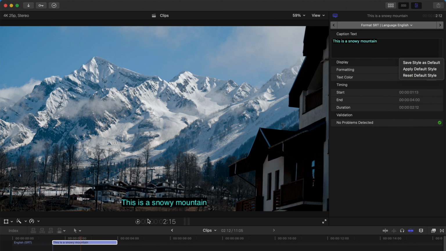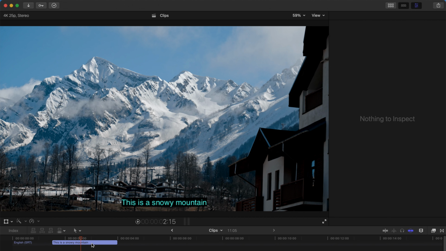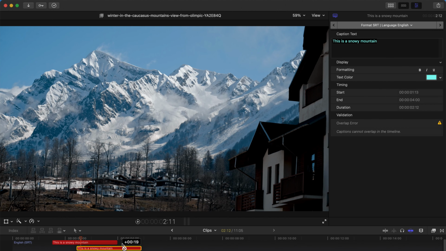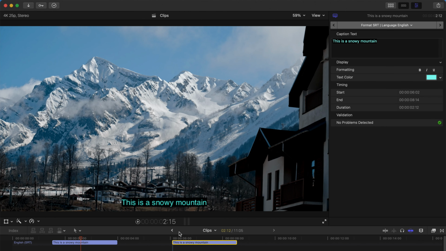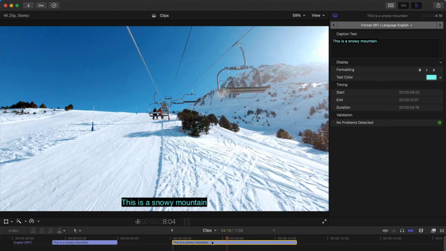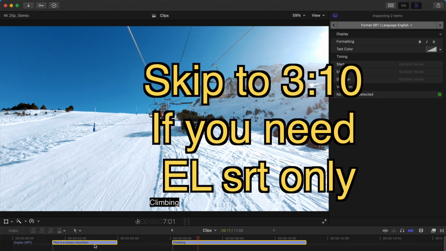And yep, if you don't want to change anything, you just press Option and drag down this caption like this, very simple. And then you just drag it over to the next part of this video clip, and you can always lengthen or shorten the time. And for example, for this case, I'm just gonna change the snowy mountain to climbing, and it doesn't mean anything, but yeah. And I'm gonna change the subtitle color, or caption color in this case,